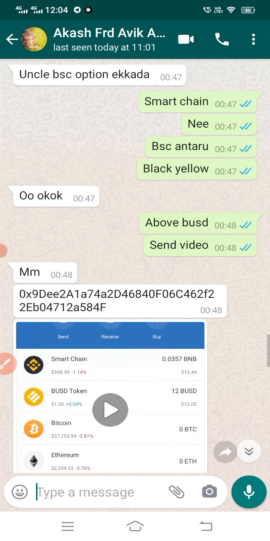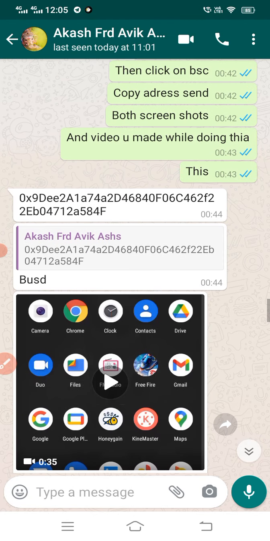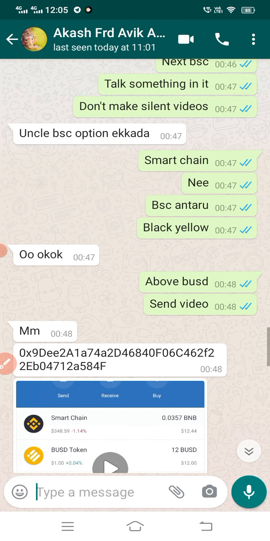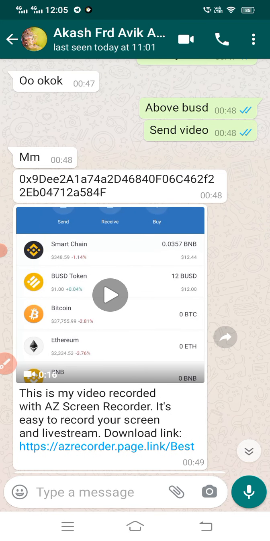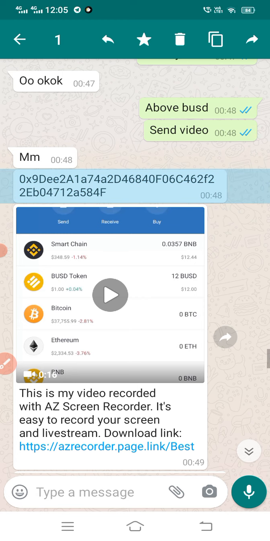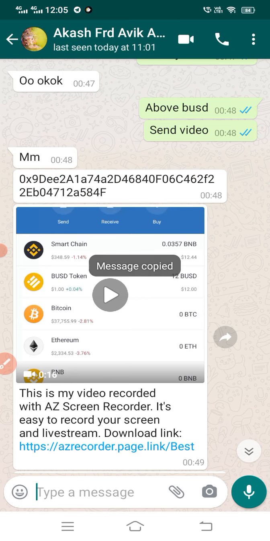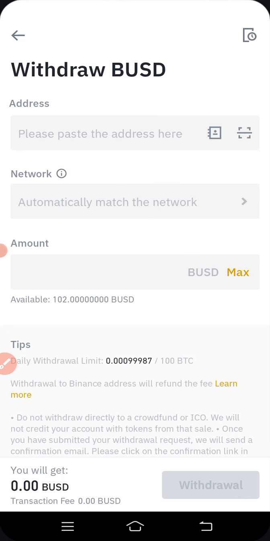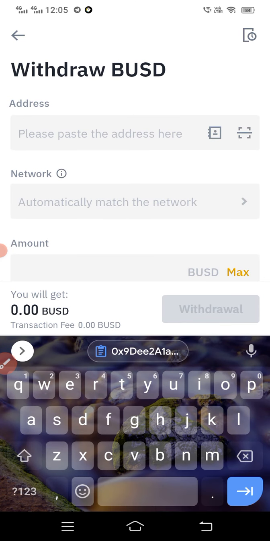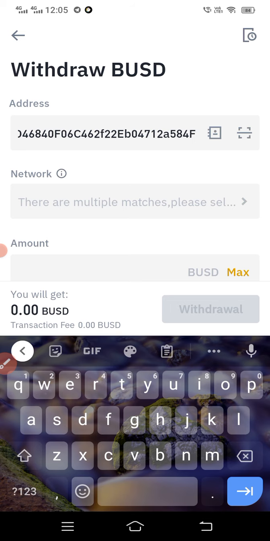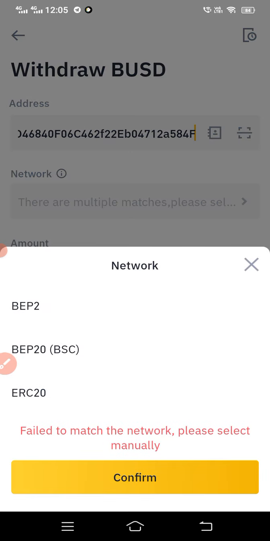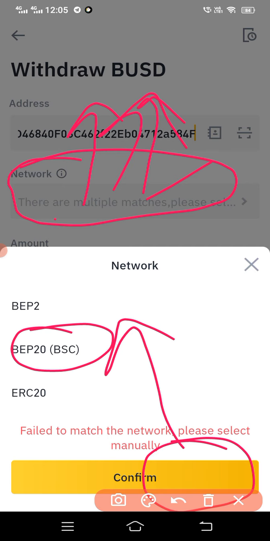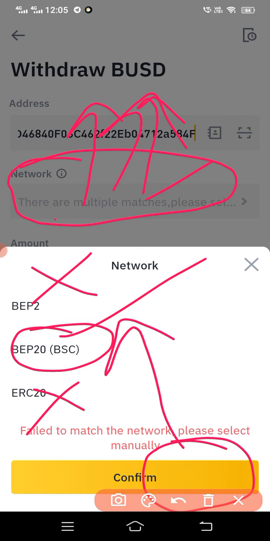You can observe the BSC and BUSD address will be the same. This is BSC, Binance Smart Chain, where this BUSD runs. This Binance Smart Chain runs smart technology, smart program, smart contract, on which Forsage will run. So I'm copying it. I'm going back to my address. Paste this address. Make sure you confirm. See here, always remember it should be BEP20. Don't go for this other one. It should be BEP20, BSC Smart Chain, on which this program runs.